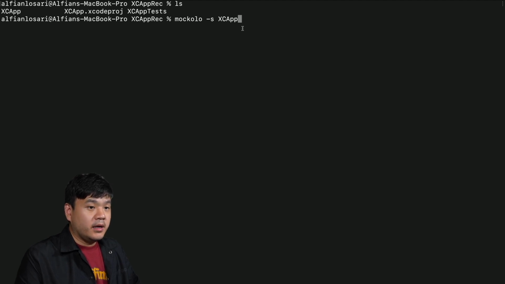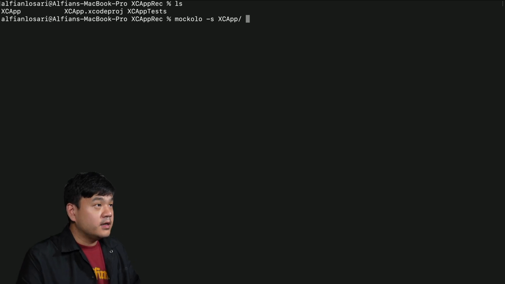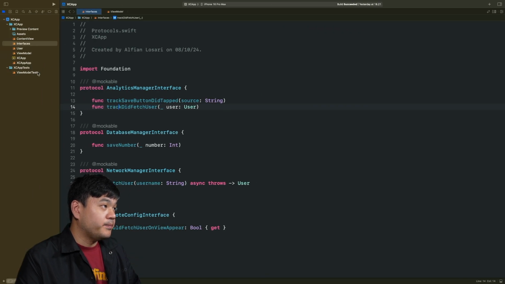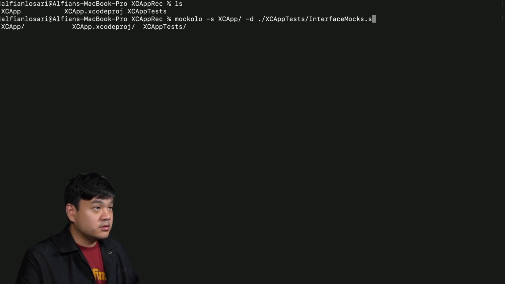Okay, and here, I'm going to tell it to just find every Swift file in the XCApp directory that has that @mockable protocol. And the next one is this -d flag. This is basically the directory of the file that we want to generate the mock to. So in here, I'm going to generate this in the test target, XCAppTests, and the name of the file is InterfaceMocks.swift. Okay, so let me